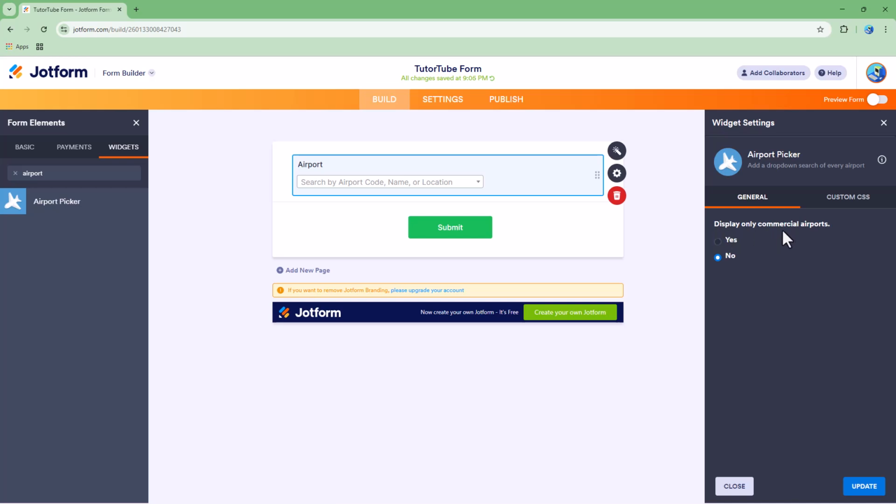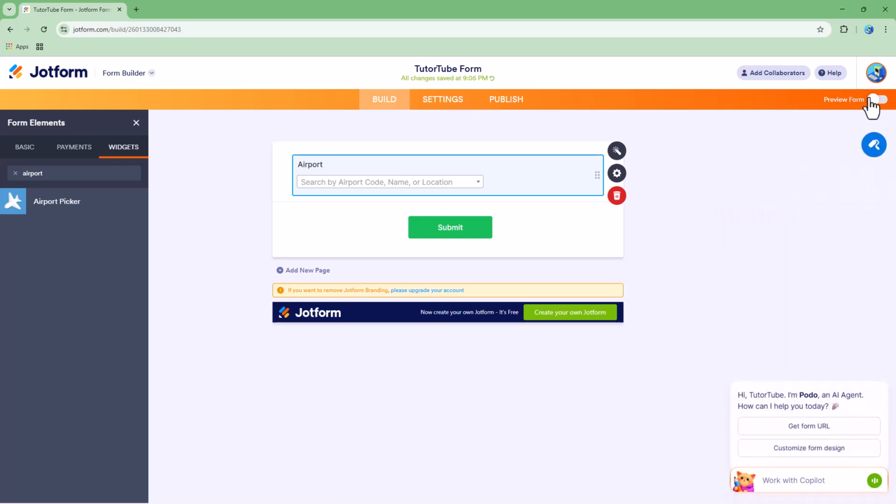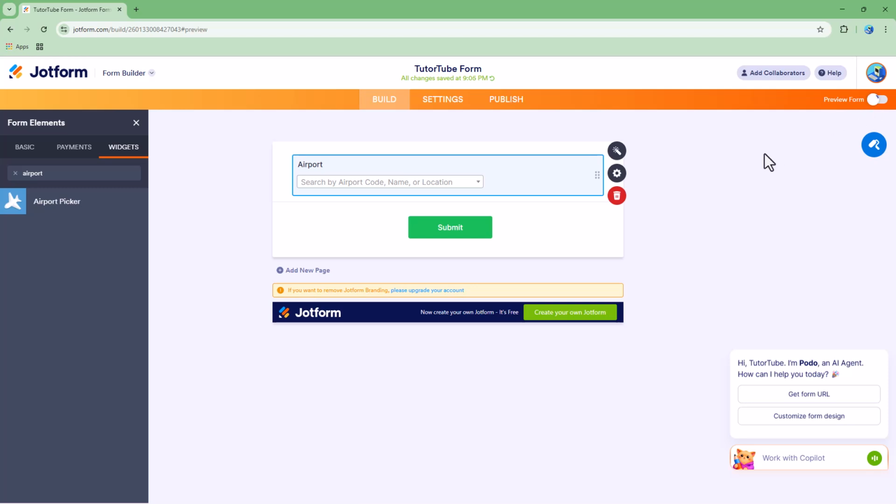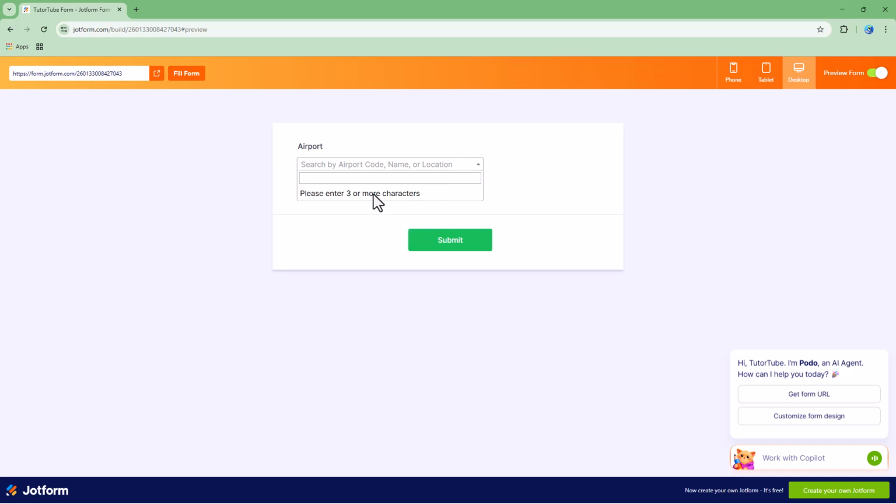It says display only commercial airports. You can say yes, but if you select no, then you get a wide range of airports to select from. So you can go ahead and click on update, and then if you click on preview form right here, you've got a ready list right here, which allows you to search for different